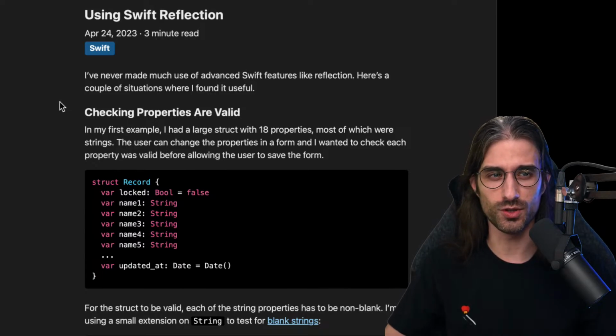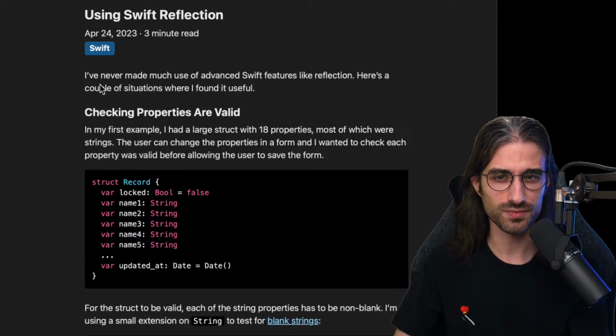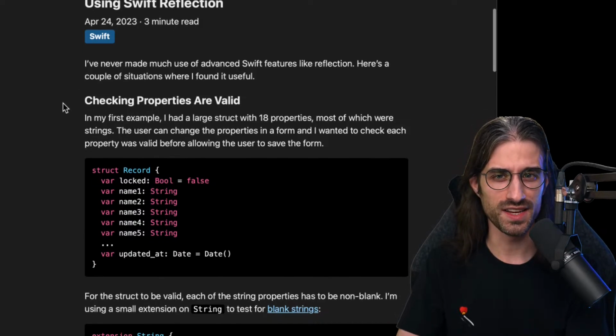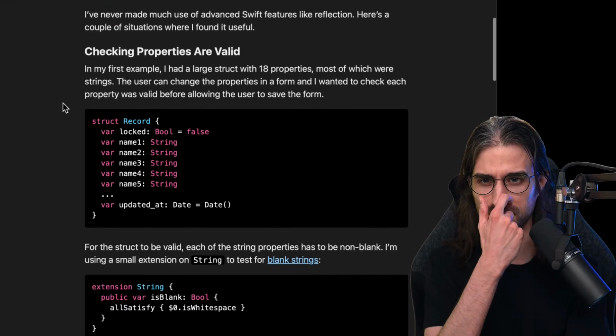So let's see if this is what will be discussed, but I'm curious to see what the content will be. It's from the 24th of April, so also quite a recent article, and it's supposed to be a 3-minute read, even though with me reading out loud and hopefully some comment and discussion, it should take a little bit more.